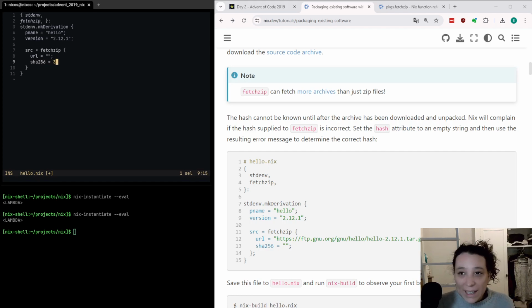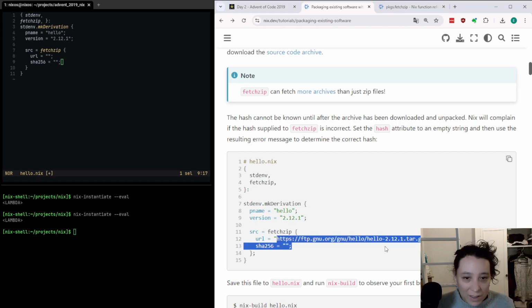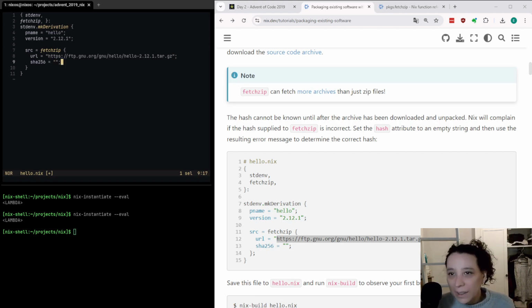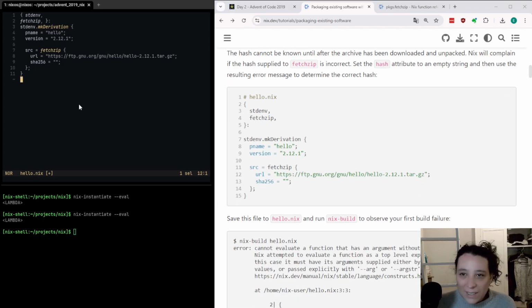All right, we're already at like 10 minutes, so I'm failing. I'm going to be failing here on time. Just get good faster. Here we go. I'm getting better at remembering to put semicolons though. All right, save this file to hello.nix